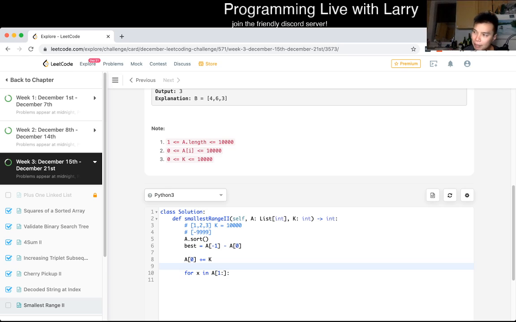But basically, for each number, right, do we want it to be the new min? So basically, if